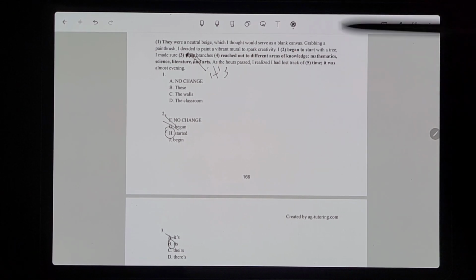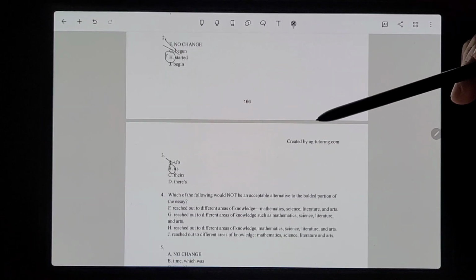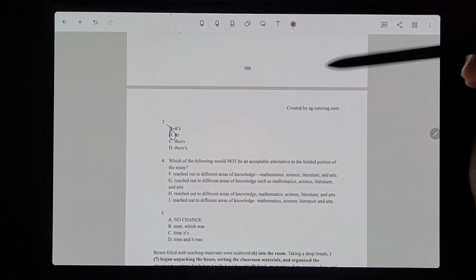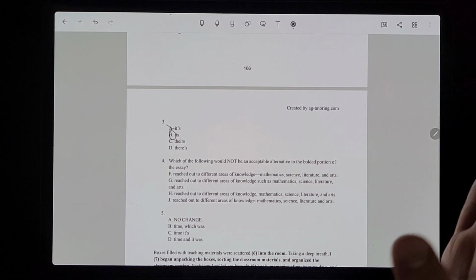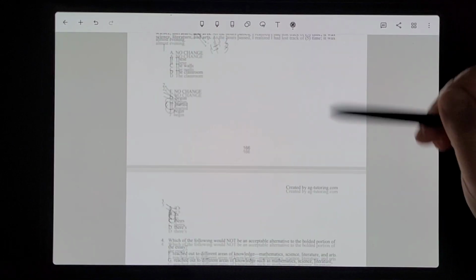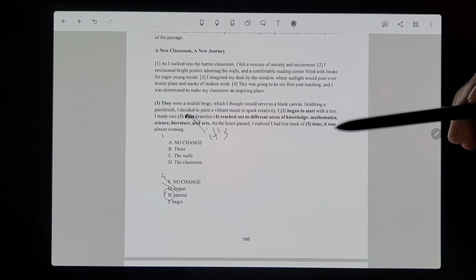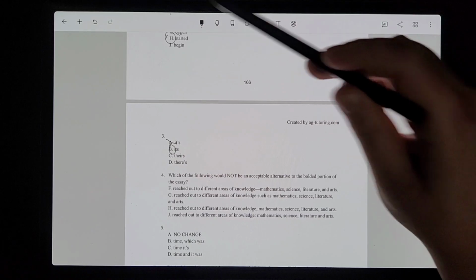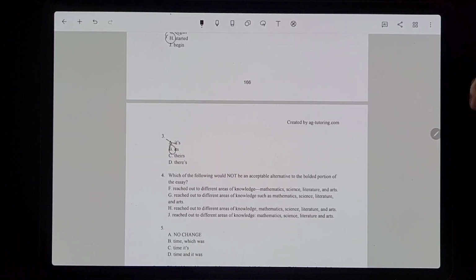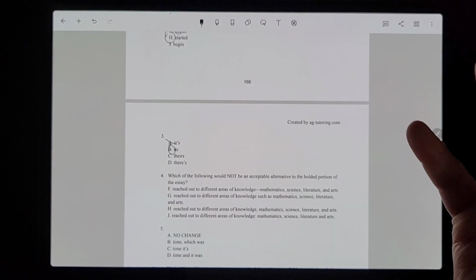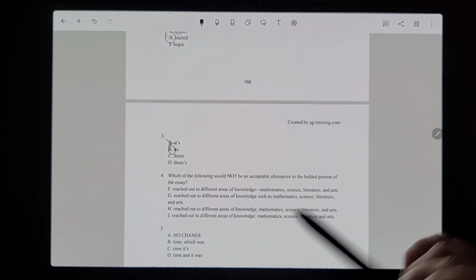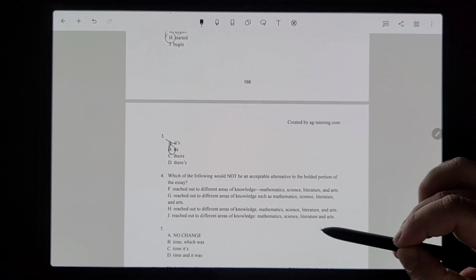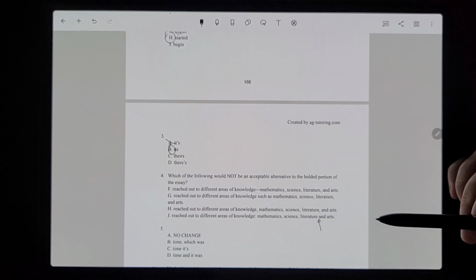So remember, with the list, if we're trying to figure out which of these would not be an acceptable alternative to the bolded portion, we have to think about the different ways that we can offset lists. So the colon is totally acceptable. We can do a colon and then list the items afterwards. So that would mean that that option is acceptable. Obviously, they gave us a no change here anyways, but just saying. And some people might be confused and say J is the same thing, but actually J is just a little bit different where they don't have that comma there.